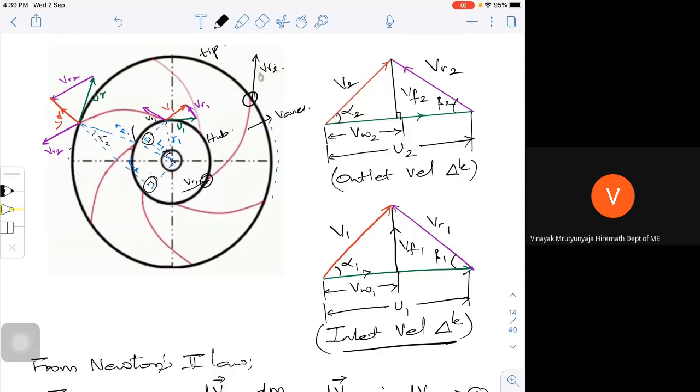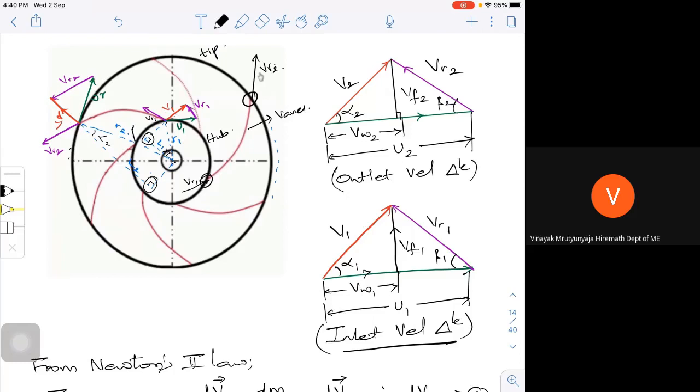So beta 1 is the angle measured by the blade with respect to a tangent drawn to your wheel. That means if this is my vane blade angle, and at any given point, if this is my wheel, if I try to draw a tangent, I can measure it. So this is my beta 2 like that. So the angle measured by the vane or blade with respect to the tangent drawn to the wheel is your blade angle. Blade angle can be forward curved, radial curved or backward curved, whatever it may be, that we are going to study in the coming chapters.